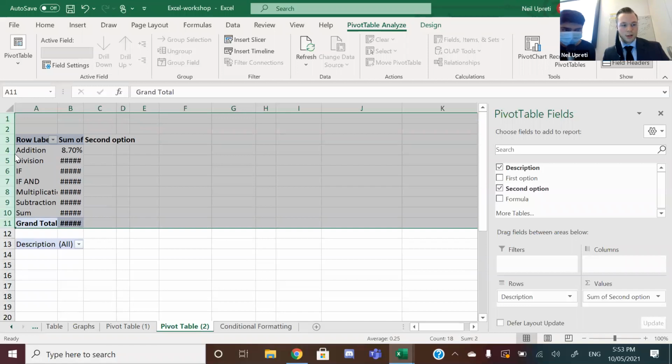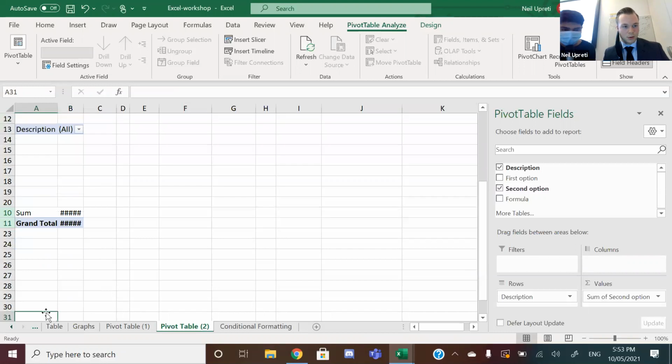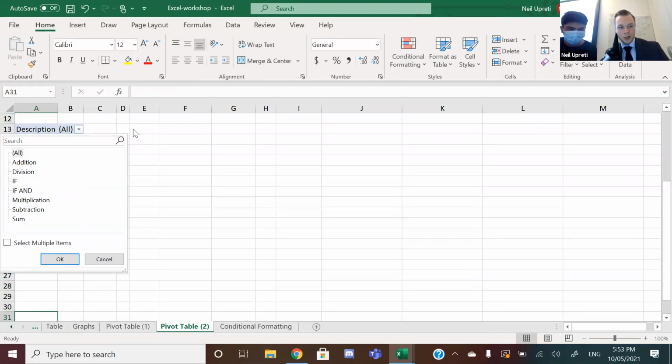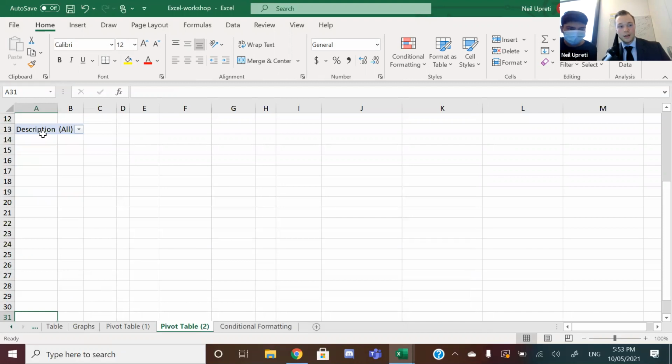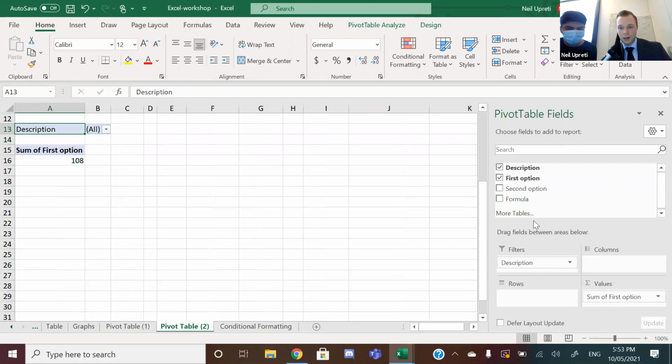Just hide this data. Awesome. So as you can see here, this is just a little filter, and this is what it will look like. But as you can see, there's no data that we have to really be filtering yet. So if we start putting, let's just say, first option into values and